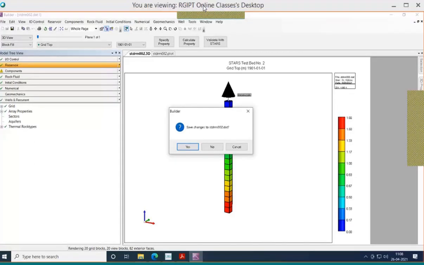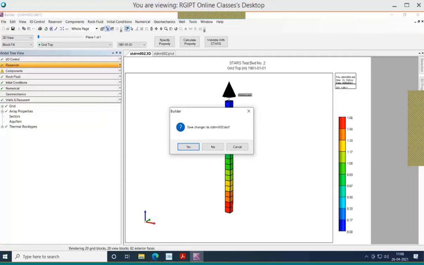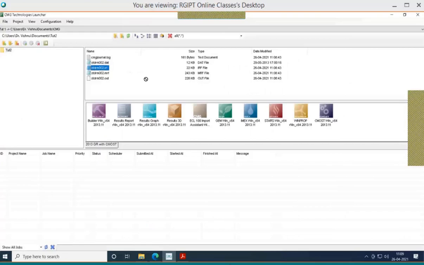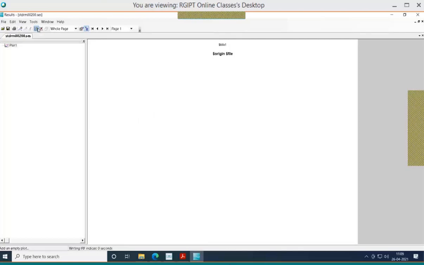Okay, so it has been simulated for 16 hours. These are the simulation data. Let us see the result. Where is the IRF? For seeing the result, you have to drag and drop your IRF file to the results tab. Then in the new interface, it is too easy, as Amit sir has shown. But I have the institute version, that is 2013.